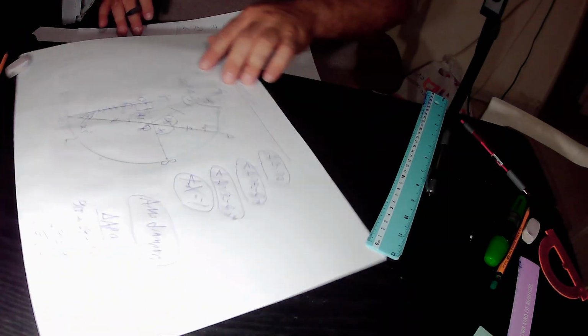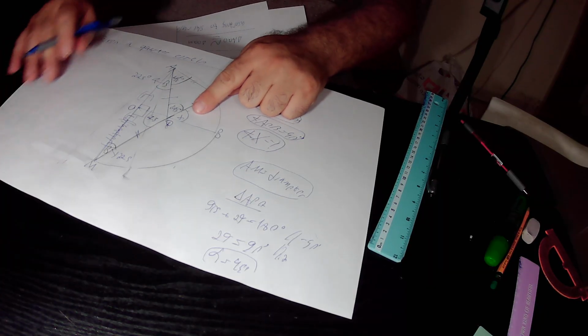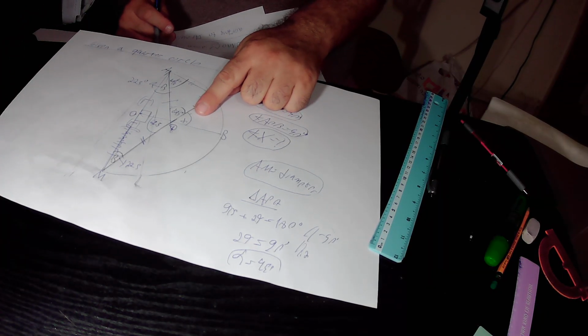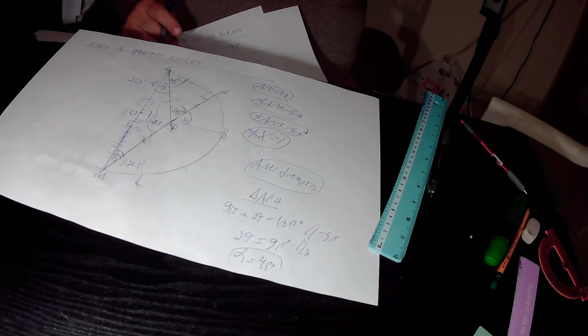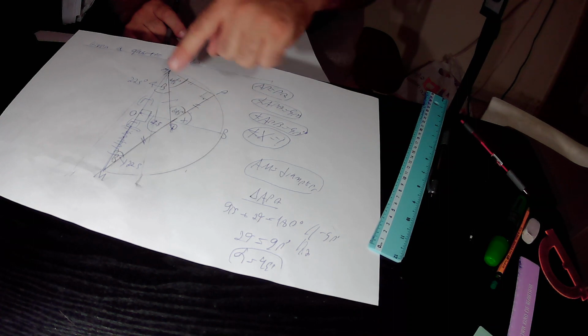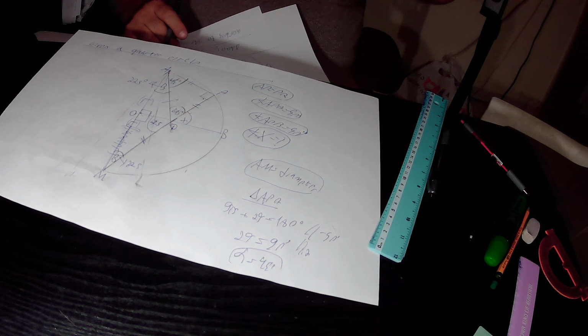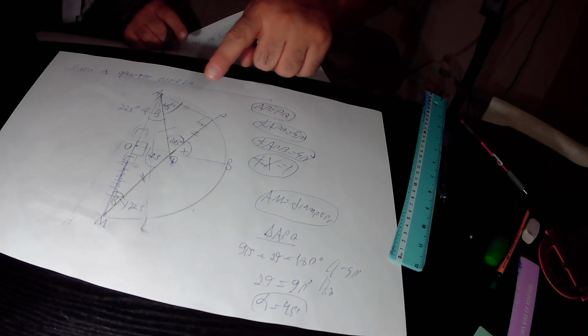In this lecture, our task is to find out the size of this angle, angle X. In the drawing we have a quarter circle, AOB is a quarter circle, and we know that angle AOB is a right angle because AOB is a quarter circle. It is given in the question that AP equals PQ,